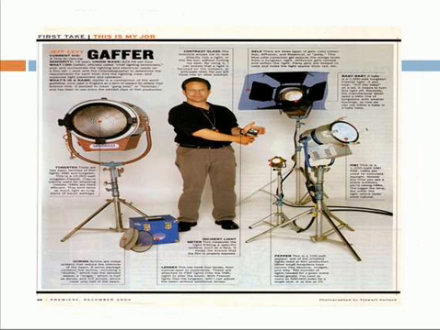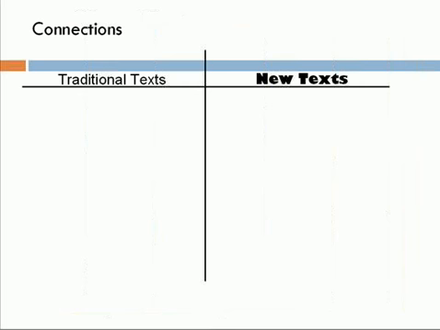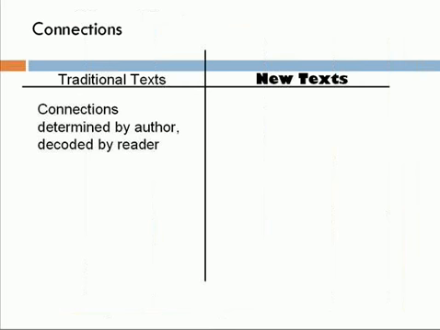Matter of fact, several major features of traditional literacy have been substantially altered in these new texts that employ the new literacy. Let's take a look at them. First, the logical connection between elements. In traditional text, those connections are controlled primarily by the author with the use of organizational patterns and devices of coherence. It was your job, the reader's job, to find and understand those connections using your highly developed reading skills.